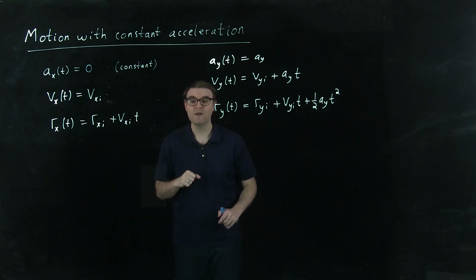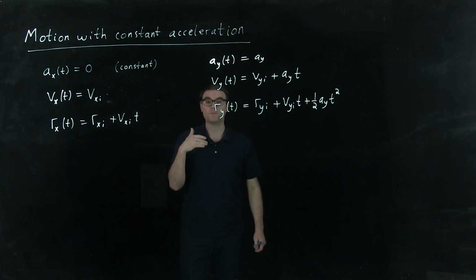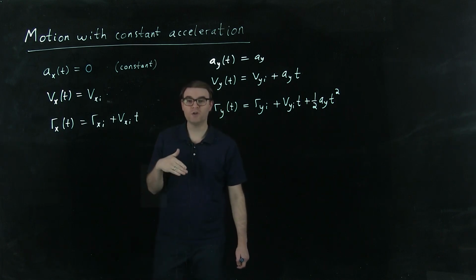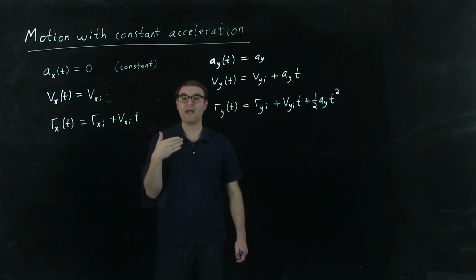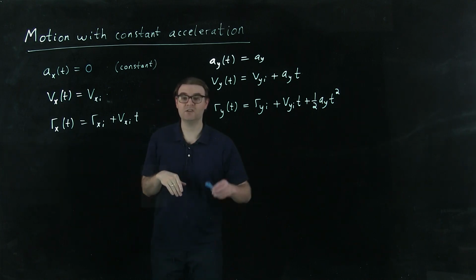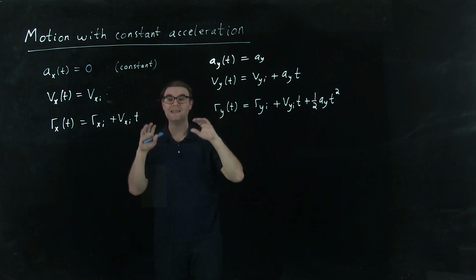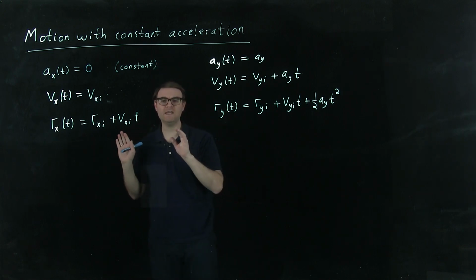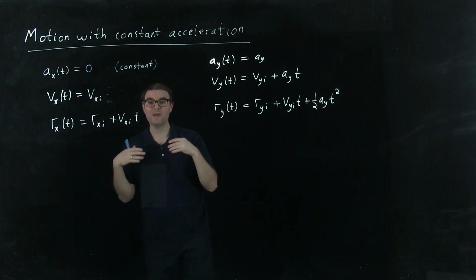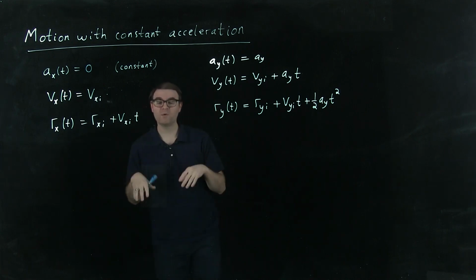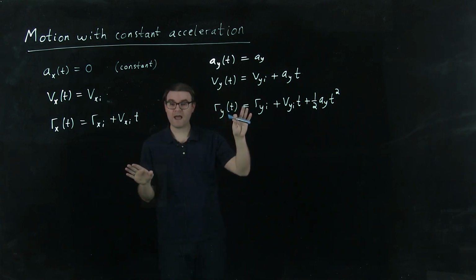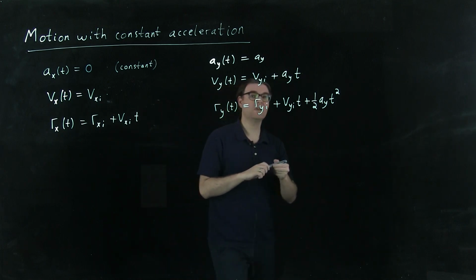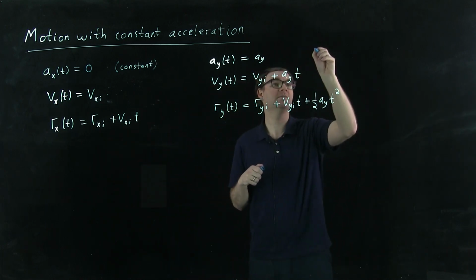One last step that I want to think about is that there's a particular case of motion with constant acceleration, which we will study frequently in physics. And that's the case where the acceleration is due to something which is falling near the surface of the Earth. And we'll see later in the course how you can build a model for that. But right now, we're going to take as a given that if you have an object near the surface of the Earth that's moving around in free space, you can write that the acceleration, I'm going to write it as a vector first,